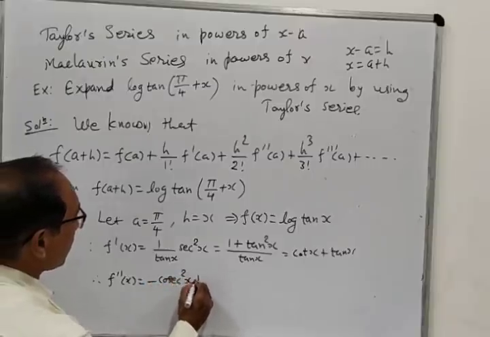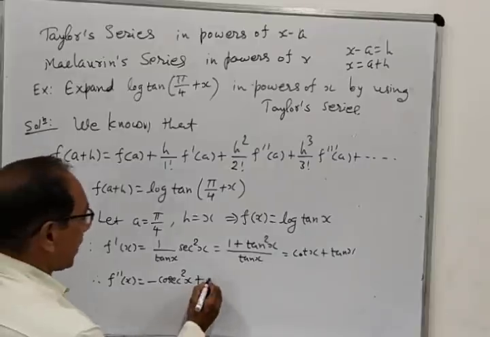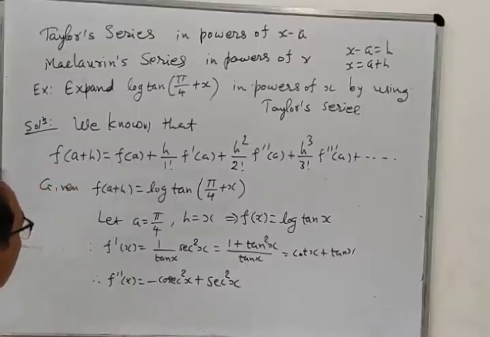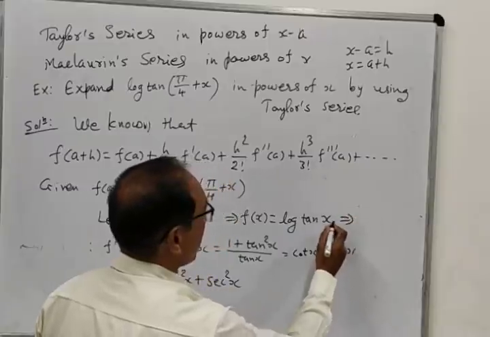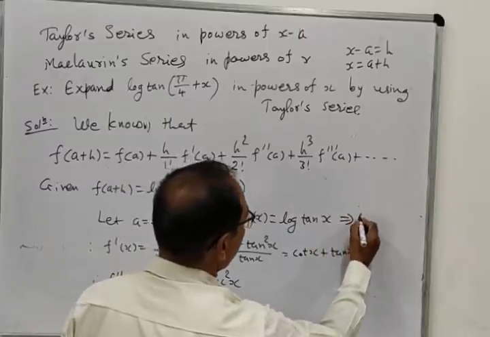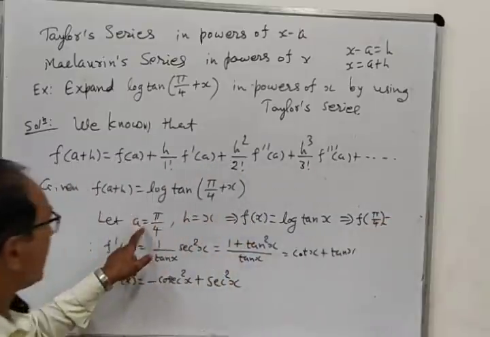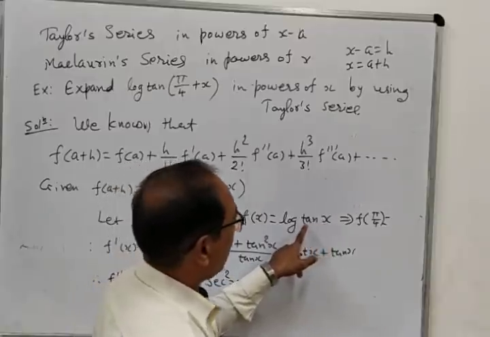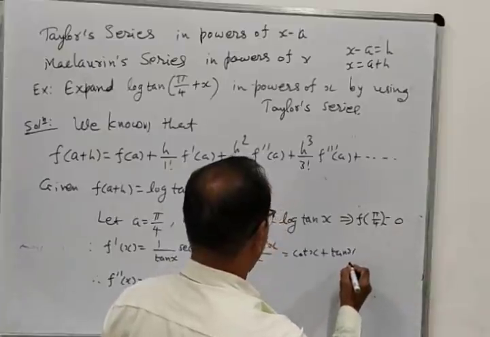You already know, because at the end of the book all the formulas have been given, and tan x has the derivative sec squared x. So parallelly we will also find the values. You don't write equal here, because we want to put the value of x, and this is nothing but pi by 4, because here we have a equal to pi by 4. So tan pi by 4 is 1. So log of 1 is 0.